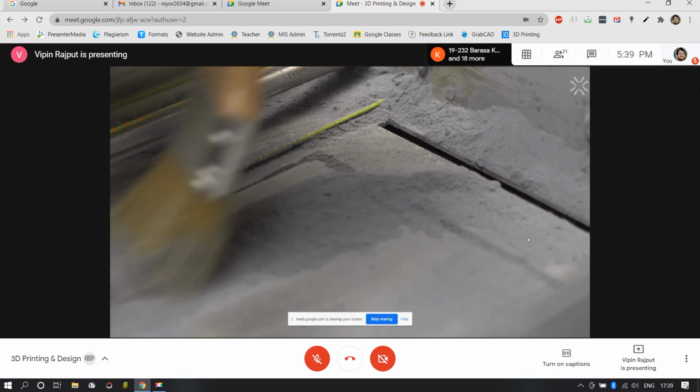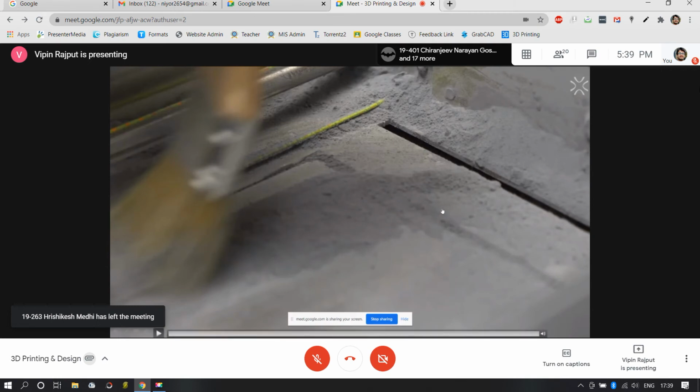So in this video, we saw the working of the SLS printer, how and why we are supposed to pour the powder, where we are supposed to pour the model powder, and how the movement of the guide rails is defined. What is the recoater? Where does the excess powder go? The excess powder goes into an additional bin, where the unused powder is stored, and further you can use it in a fresh print.